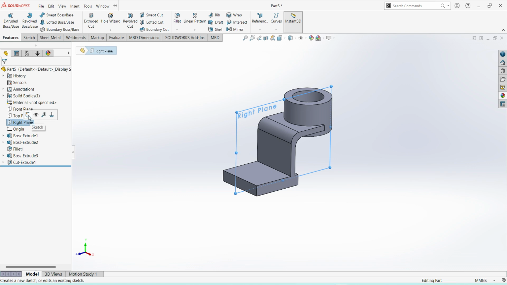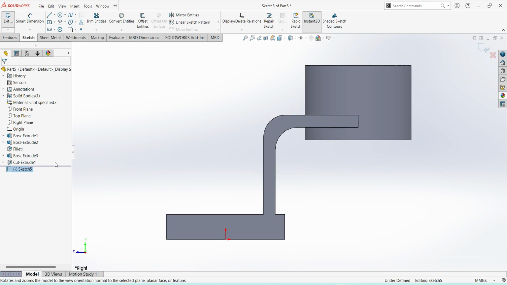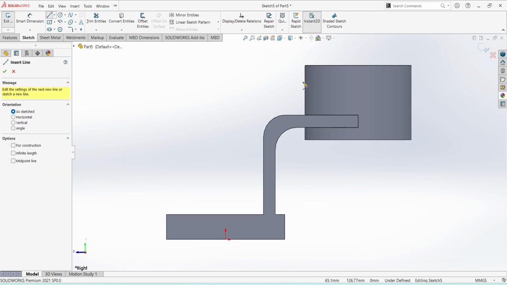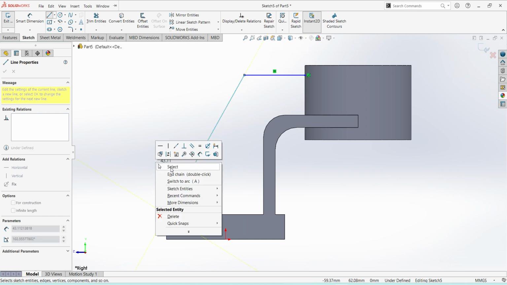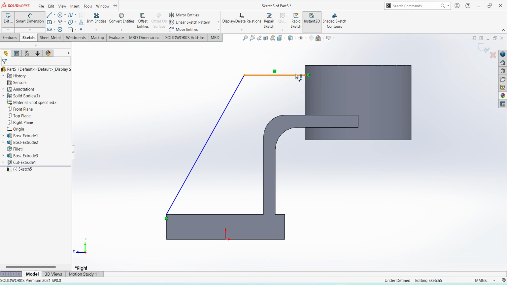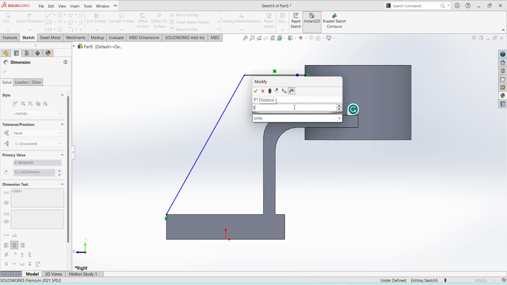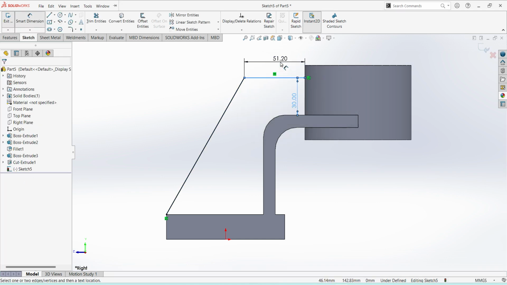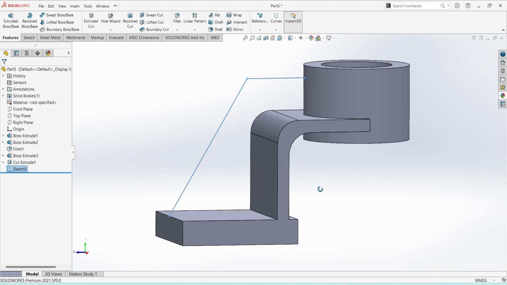Select right plane, sketch, select line, give the dimension here 30. This length is 50 mm. Finish sketch.